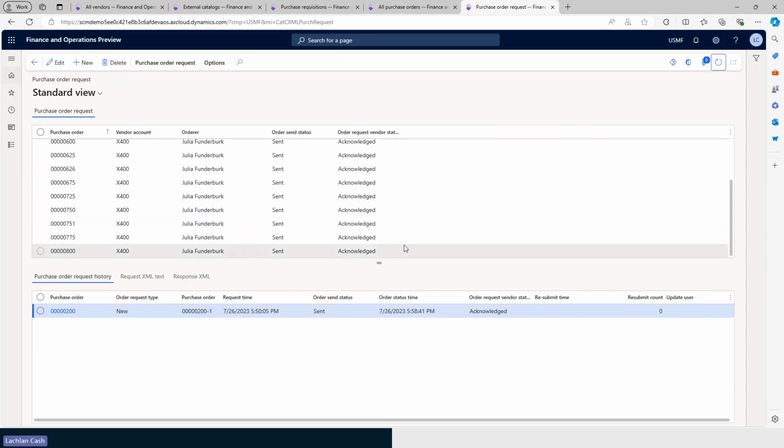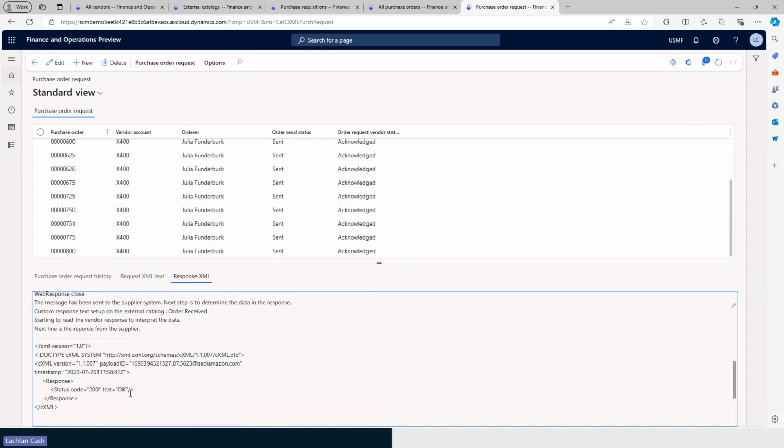If I just refresh, you'll see that it's acknowledged, which means that we've communicated to Amazon, and then we get an OK message. And this is quite important because, like I mentioned, some of those item numbers might be wrong, or you might be missing addresses, and you'll get information back from Amazon if you don't have a right item number, for example. And so that's obviously why it's quite efficient if you do it through the requisition, because all of that right information is coming back from the vendor, Amazon, so that the employee doesn't have to rekey it. It's going to come back. And so that's really a quick walkthrough of some of these